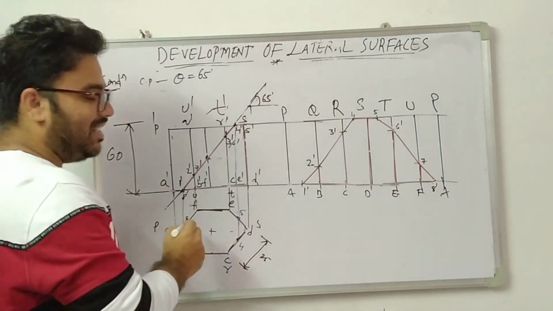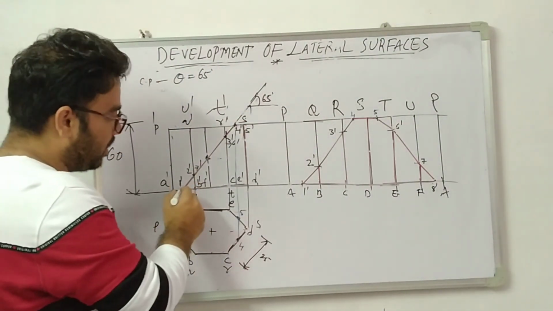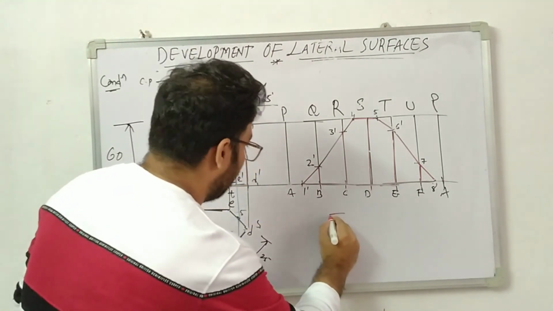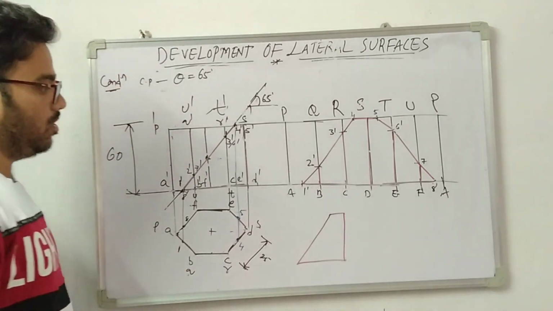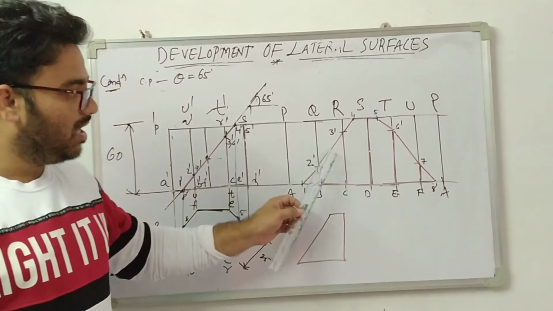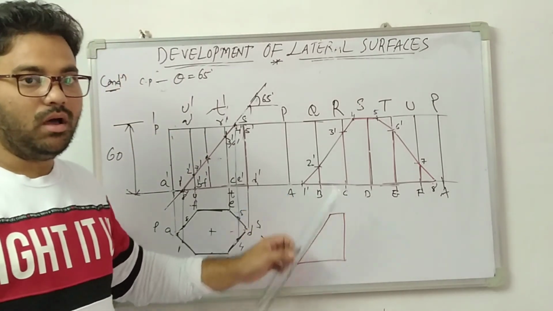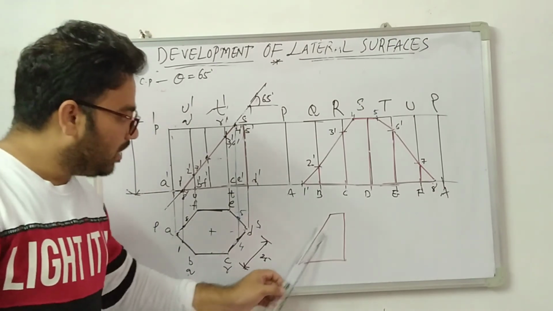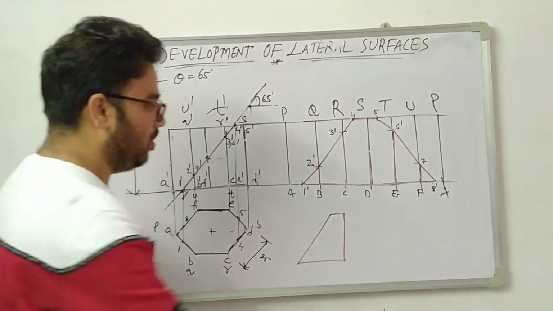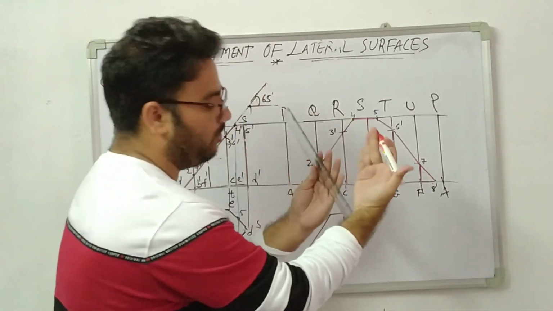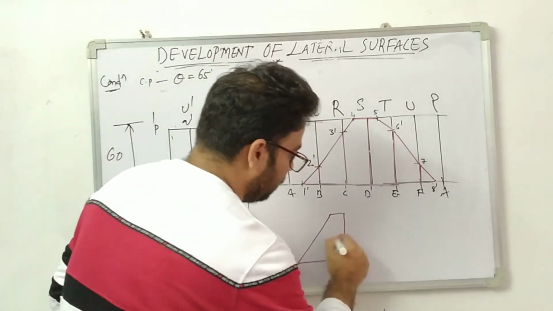See here, what is the retained portion in this diagram? This is the retained portion in this diagram. I am going to draw it here. If you are unable to draw this diagram, simply put a mirror copy of whatever shape is there, and you will get it. This is the mirror copy. If you unfold this, you will get the shape.